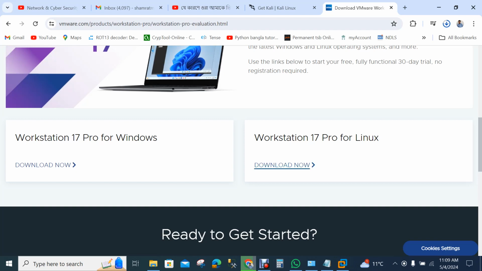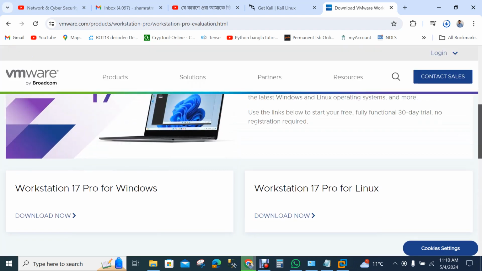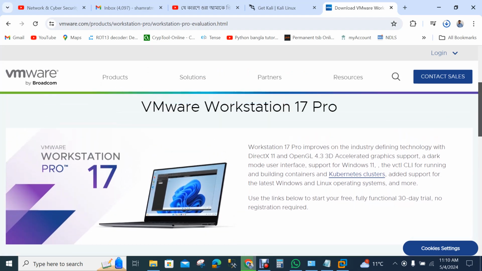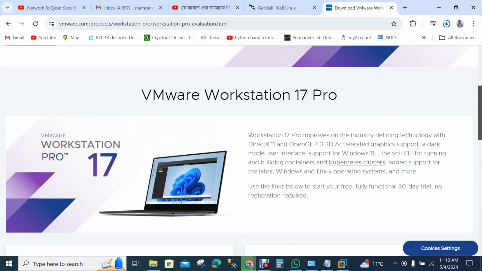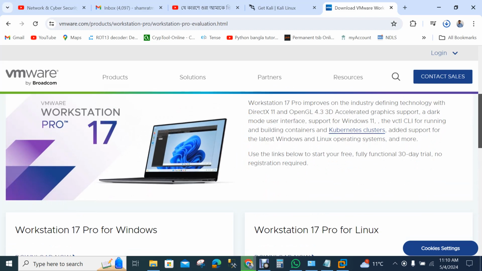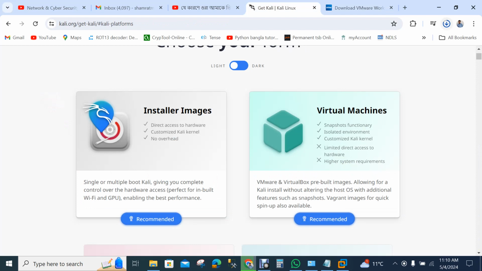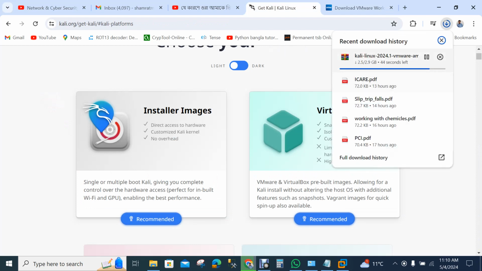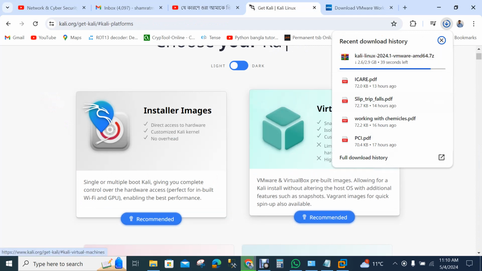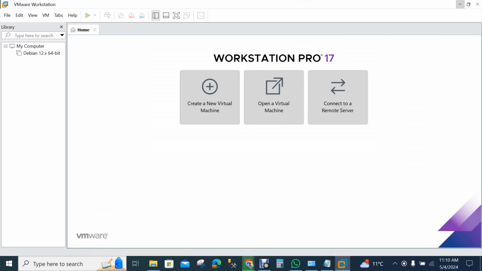After downloading and installing this VMware Workstation, we have to take our Kali Linux software.